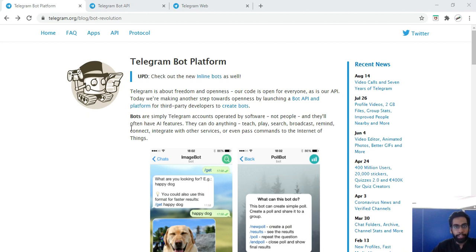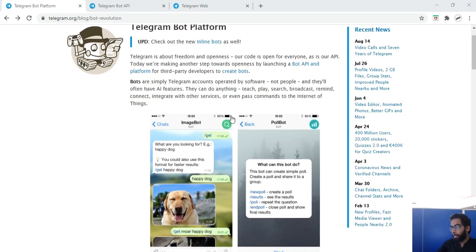Now if you guys haven't used Telegram, Telegram is an application just like WhatsApp, where you can send messages and get messages real quick. Now the cool thing about Telegram is you can create and deploy bots really easily. Now what's a bot? Let's say you have deployed a bot on Telegram and a user comes on the bot and he enters some message.